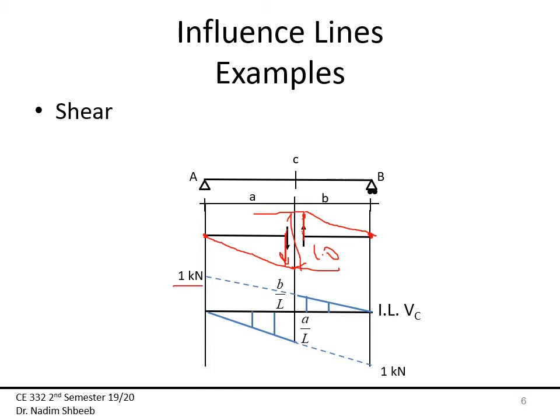Now we know this is going to go all the way up to 1 kilonewton, so through similar triangles I can find this to be B over L, and again this is going to 1 kilonewton, so this is going to be A over L. You will always find for the shear, again this is negative shear and this is positive shear as a rule. When you draw the influence line for shears using the Müller-Breslau law, use it more like a shear type action. This goes up and this goes down. And then this is just going to be A divided by L, and that's just going to be B divided by L,